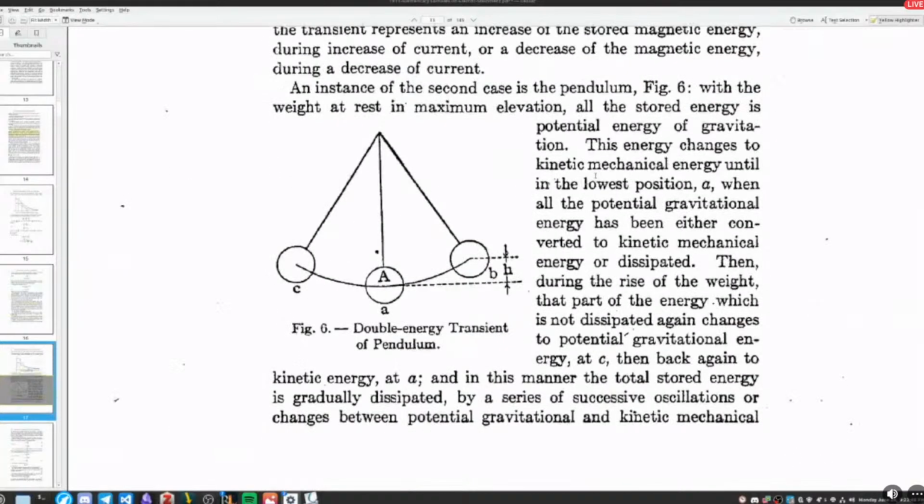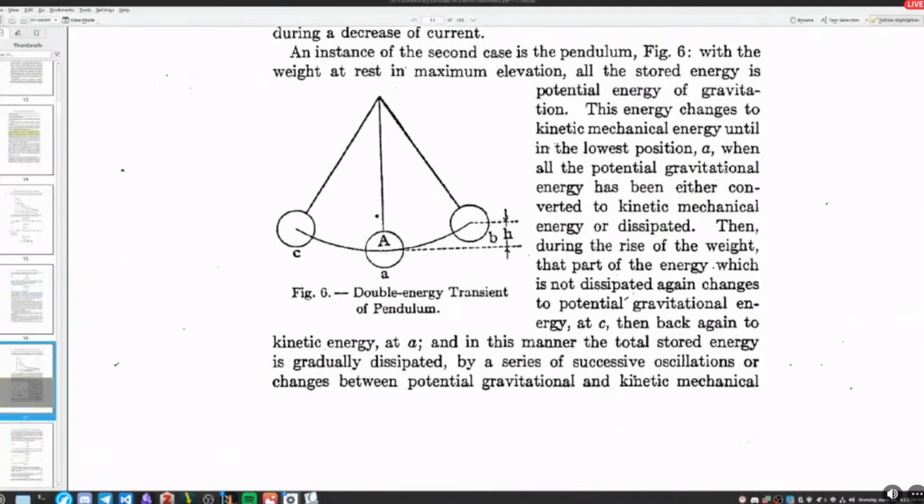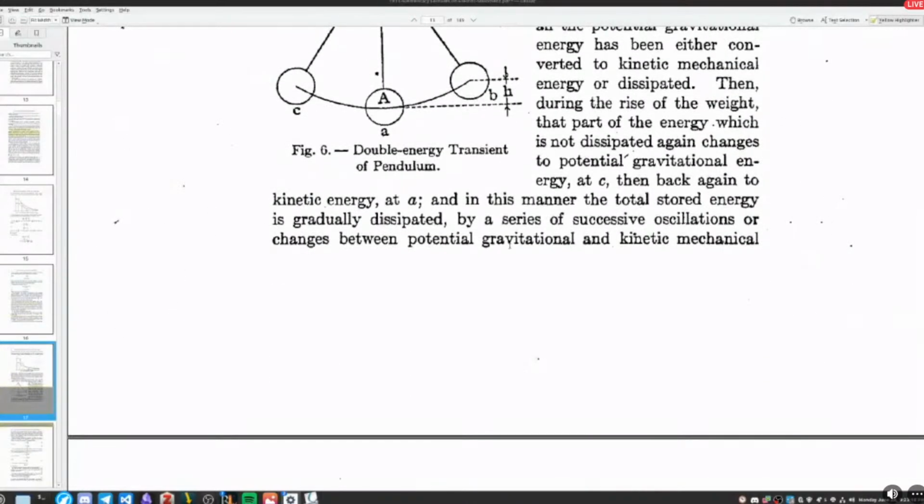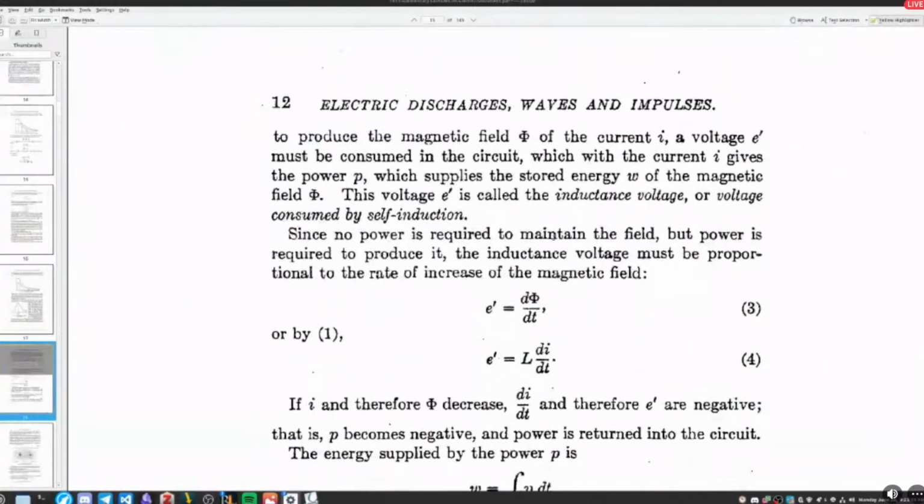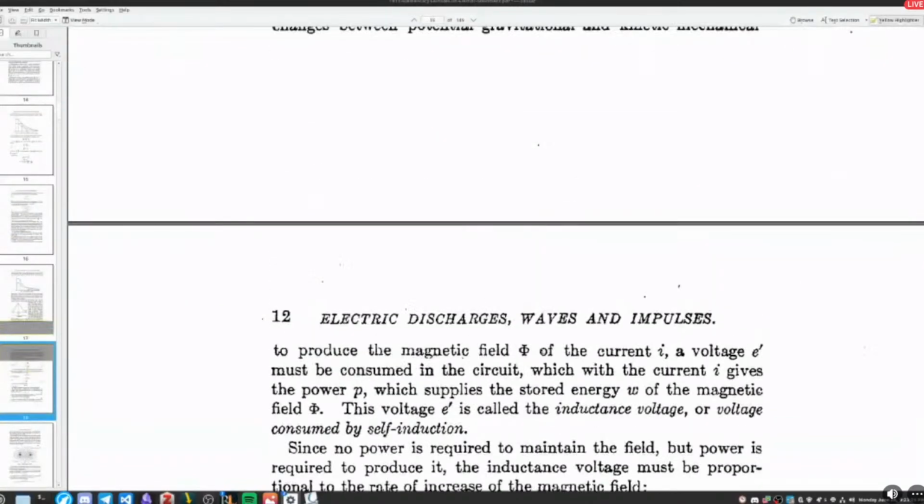This energy changes to kinetic mechanical energy until the lowest position A, when all the potential gravitational energy has either converted to kinetic mechanical energy or dissipated. Then, during the rise of the weight, that part of the energy which is not dissipated again changes to potential gravitational energy at C, then back again to kinetic energy at A, and in this manner, the total stored energy is gradually dissipated by a series of successive oscillations or changes between potential gravitational and kinetic mechanical energy, or to produce the magnetic field